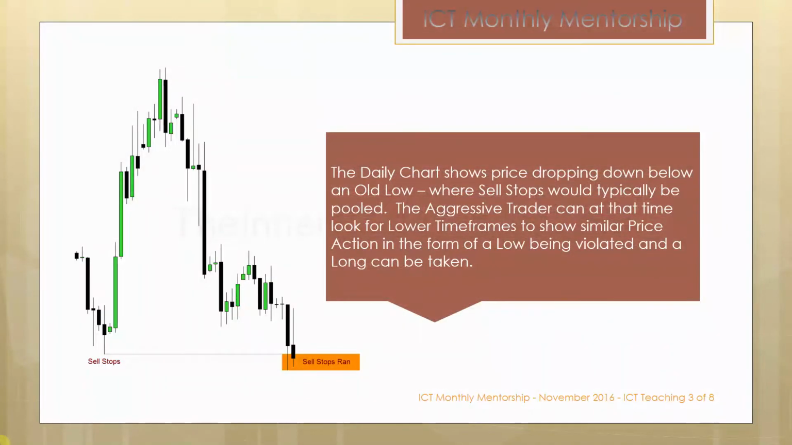Now, looking at this daily chart, you can see it shows price dropping down below an old low. And this is typically where sell stops are going to be residing, or as we call it, a liquidity pool. Sell stops will pool below this old low, and everyone that would be wanting to go long would have a sell stop right below that. And because everyone's doing that same thing, putting a sell stop here, that's where the idea of a liquidity pool comes from. All those orders are pooling together, creating a pocket, if you will, of selling